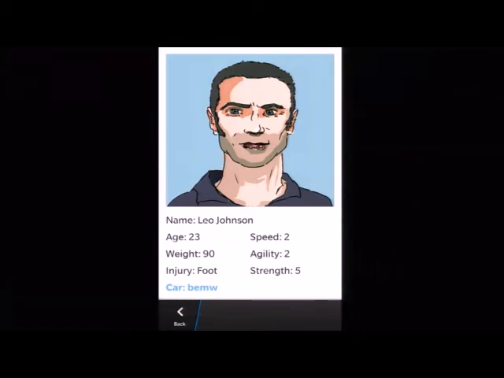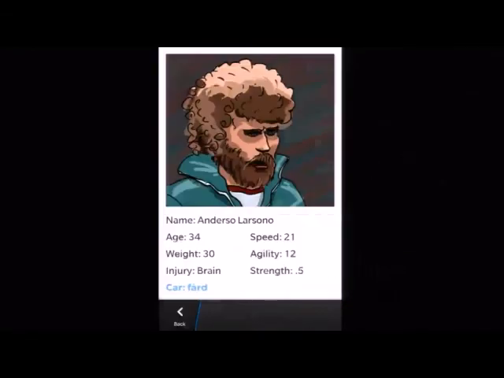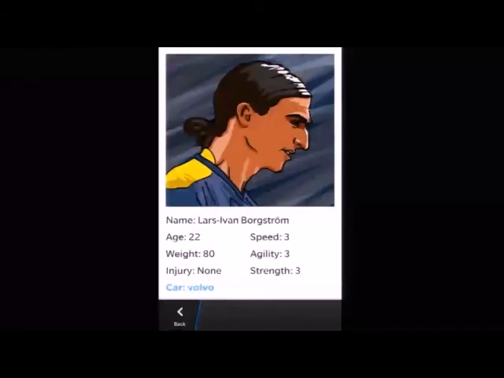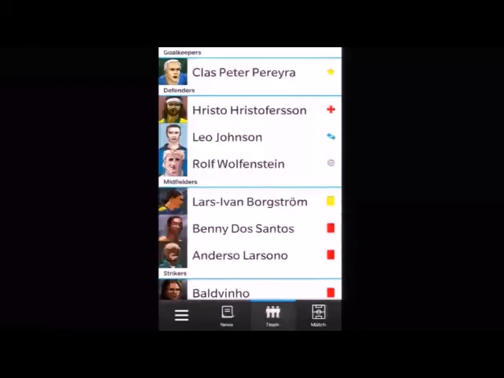And it says what kind of car he drives. Yeah. Volvo, yeah, it's made by Swedish people. So